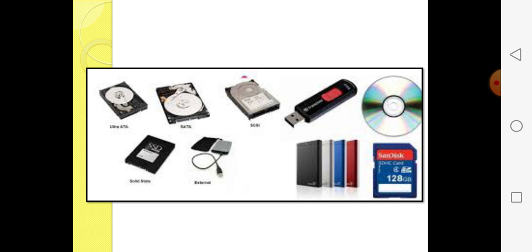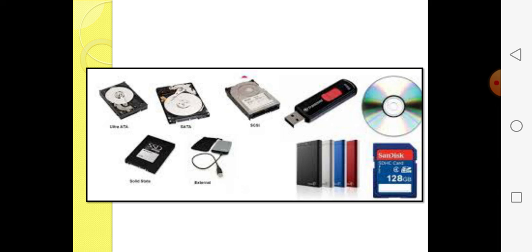Means in a pen drive, you can take the data temporarily, right? Or in a hard disk it is permanent. So whatever extra work you have, according to that you can transfer your data from the computer. It is safe. If the computer is switched off or lost, or for antivirus, these are very useful to store the data.